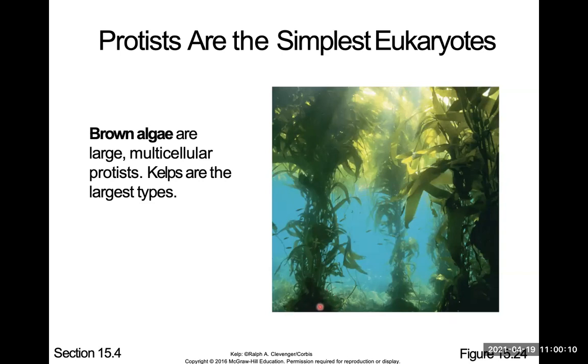Another thing plants have is a stem. The water travels up the stem and that's how it gets up. But because this whole thing is in water, it doesn't have stems either. So these are brown algae. These are kelp and seaweed. They're the largest type. If you go to the beach, you'll be able to see these. They don't have stems or roots. They have these little floaties that keep them in the water.